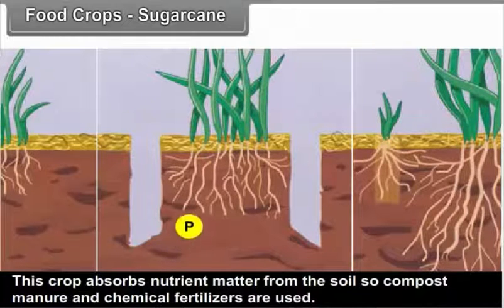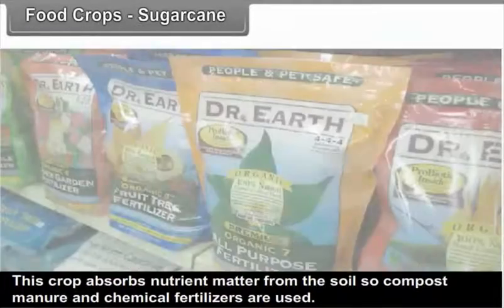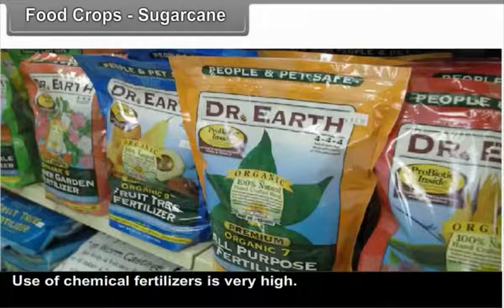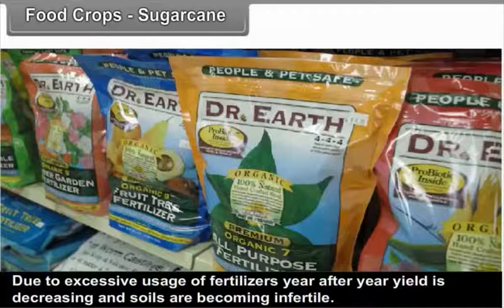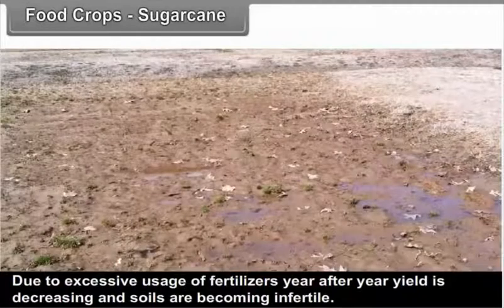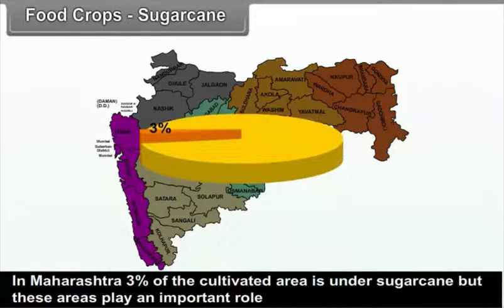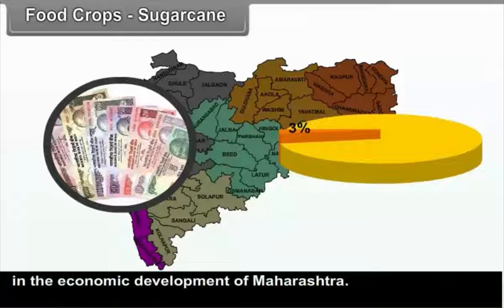This crop absorbs nutrient matter from the soil, so compost manure and chemical fertilizers are used. Use of chemical fertilizers is very high. Due to excessive usage of fertilizers, year after year, yield is decreasing and soils are becoming infertile. In Maharashtra, 3% of the cultivated area is under sugarcane, but these areas play an important role in the economic development of